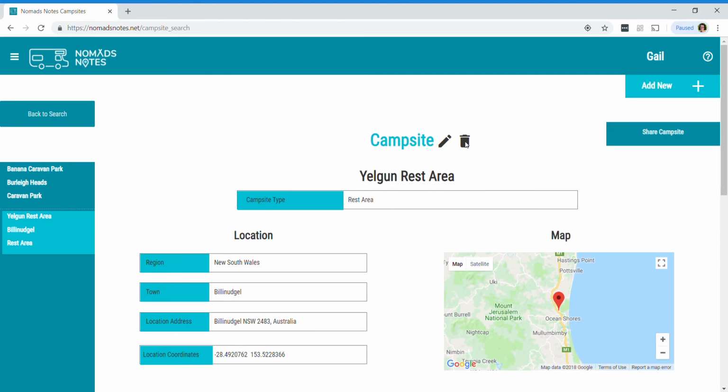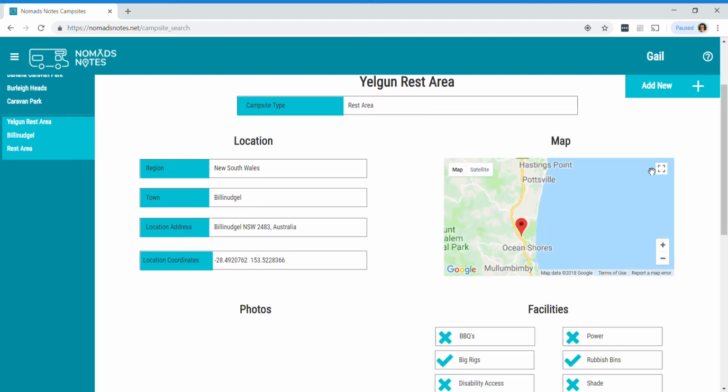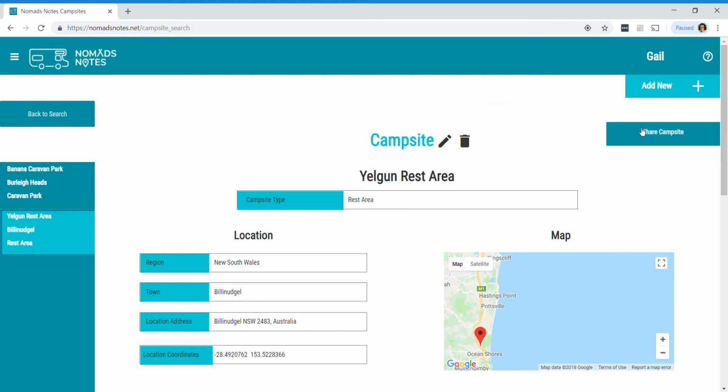We can delete the campsite if we haven't used it in an accommodation entry already. If we have used it, we can't delete it, and there will be no delete icon there. We can also share the campsite with family and friends. If we click share, if we want to tell family and friends about this fabulous campsite that we stayed at, we can click on the share campsite button,